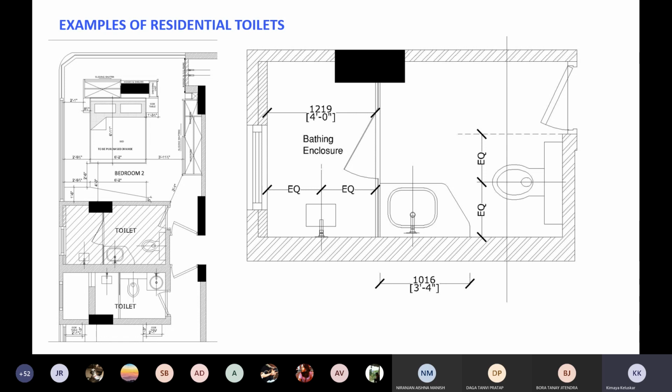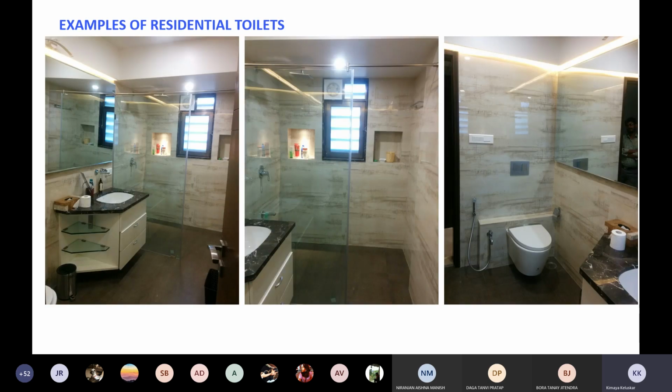Okay, yeah. So again, similarly, on your right when you enter, that's the bathing enclosure, and you have the access panel or the window there. This is the visual images of that project. Can you see that ledge wall which is coming out of the pot? There is an offset within the wall itself. So that is called your ledge wall or the 115 mm brick wall.